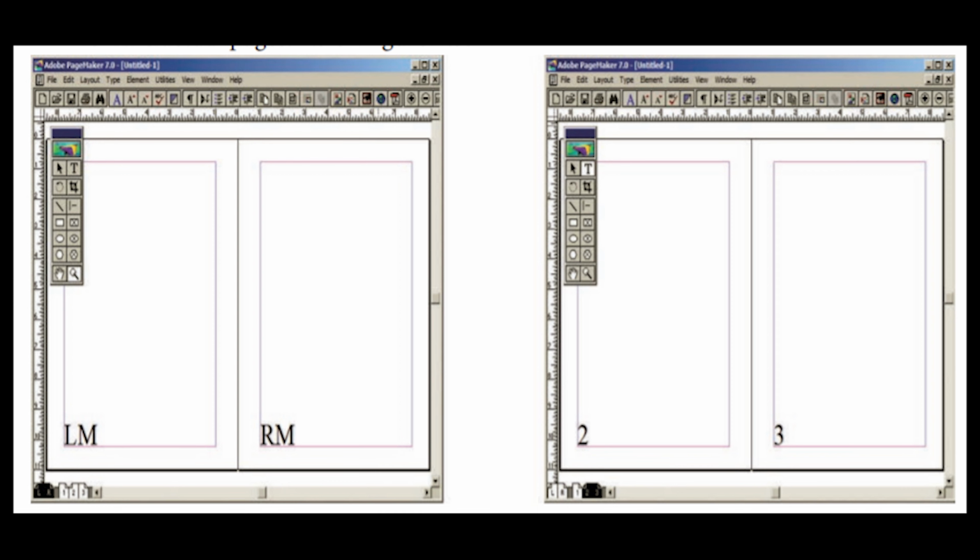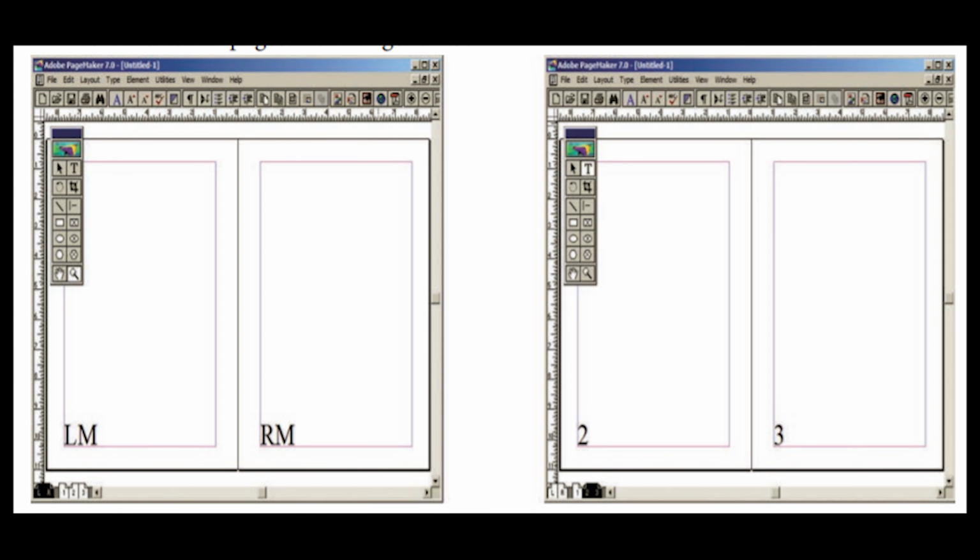In the lower left corner of the document window, you will see L and R. The L denotes left and the R denotes right. That is the master page icon for facing pages. If the page is single sided, it will have only the R icon. Here it is L and R, so both sides of the pages will be typed.